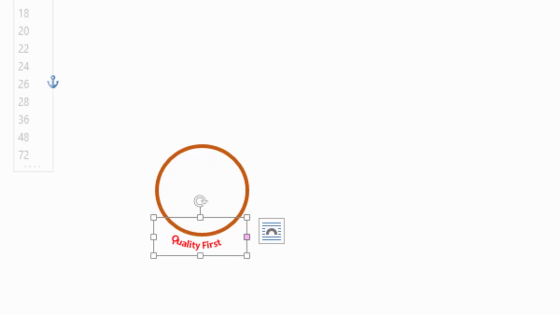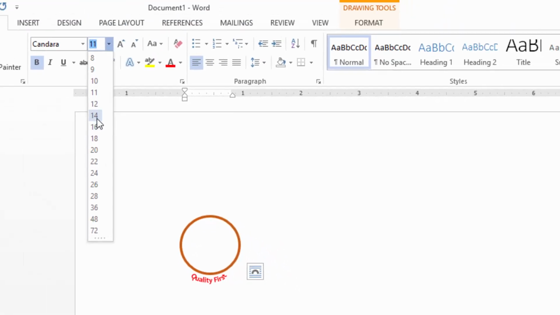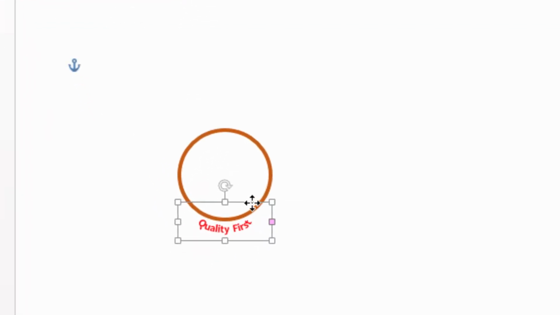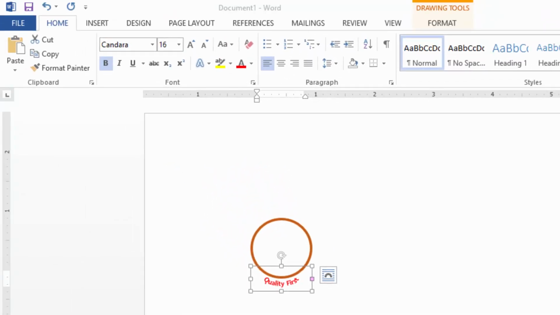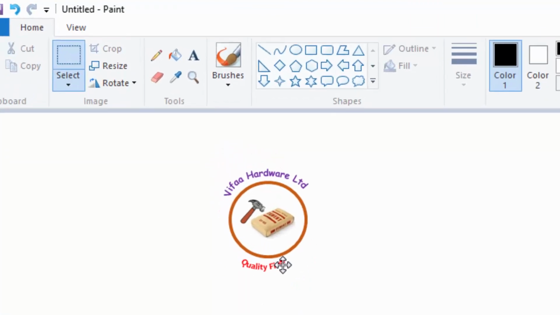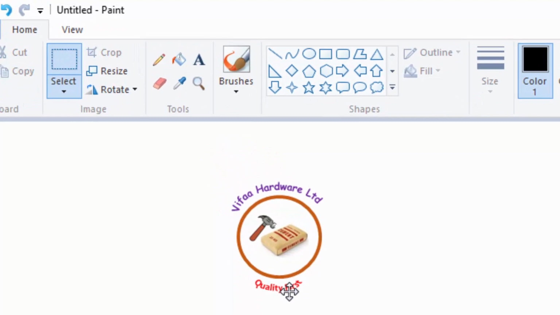And maybe increase its size. Now I will go ahead and copy that text with Ctrl and C and paste it in MS Paint below that circle,